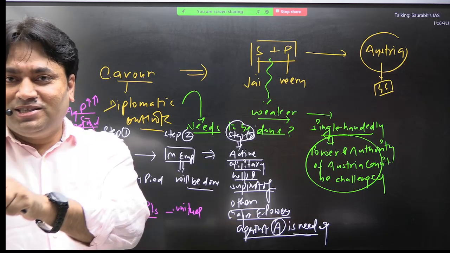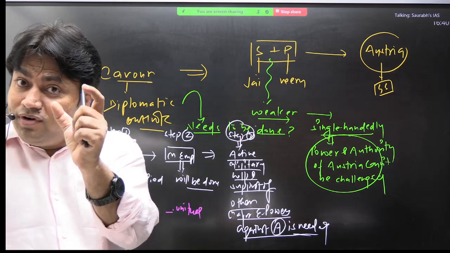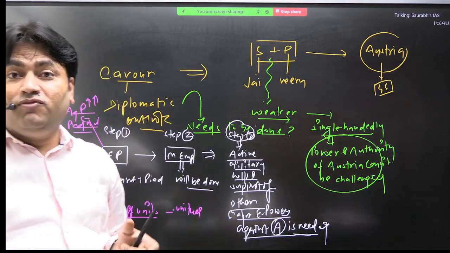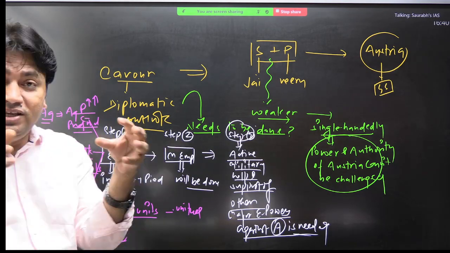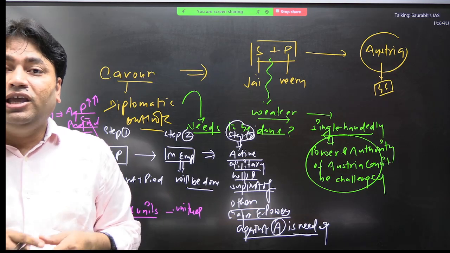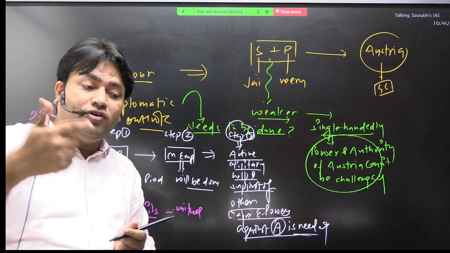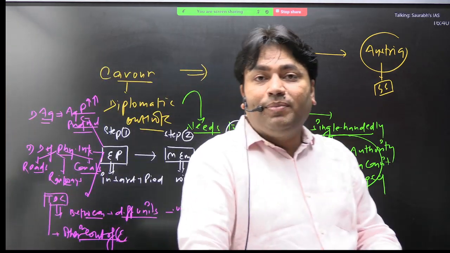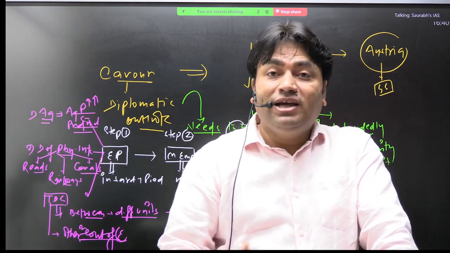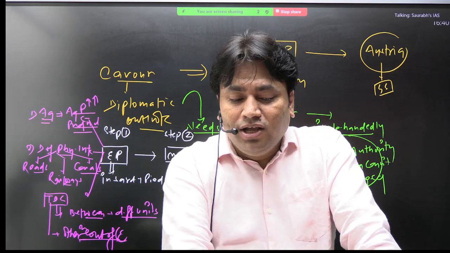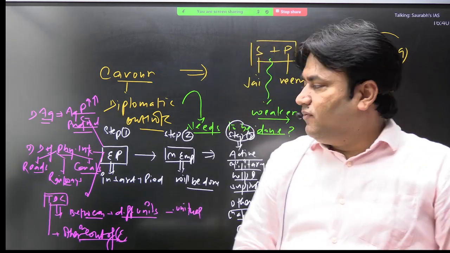Economic interdependence. मेरी बात समझ गए? तो कावूर ने ये बात उस समय सोची कि if economic interdependence between these different units will be increased, if economic interdependence with other foreign powers will increase, so what will happen? Okay, we will get help and support of major European powers. And then what will happen?